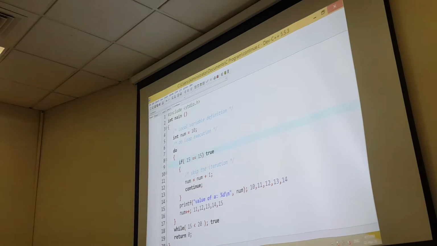Now when it enters into this statement, what happens? Yeah, 15 becomes 16. Now we have used continue here. Continue means when it becomes 16 here, it will come to the printf statement. So it will print directly 16.